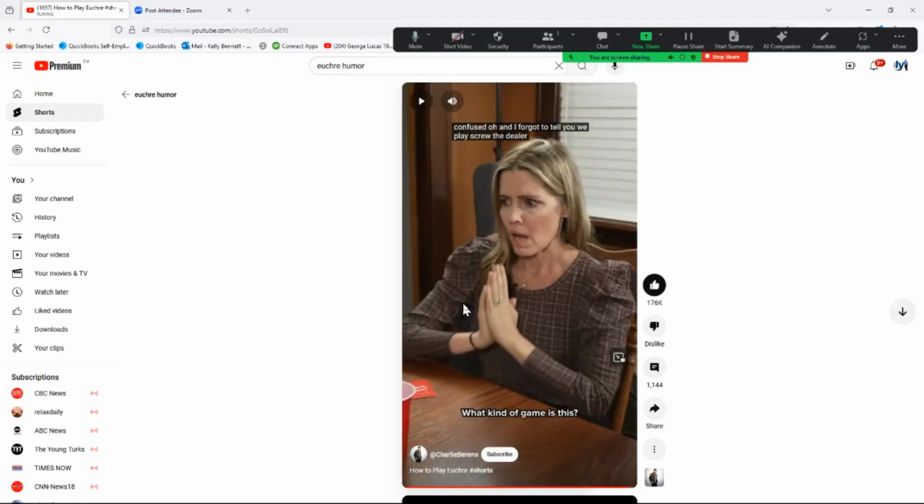So screw the dealer, I'm assuming, is the exact same thing as stick the dealer, which means that you can choose an option. And one thing I like about Trickster is you can choose to go alone or not go alone. Go alone, you have to get all five, or you don't get any points. No face, no ace. You can redeal on that. But stick the dealer is another choice, and that simply means that.